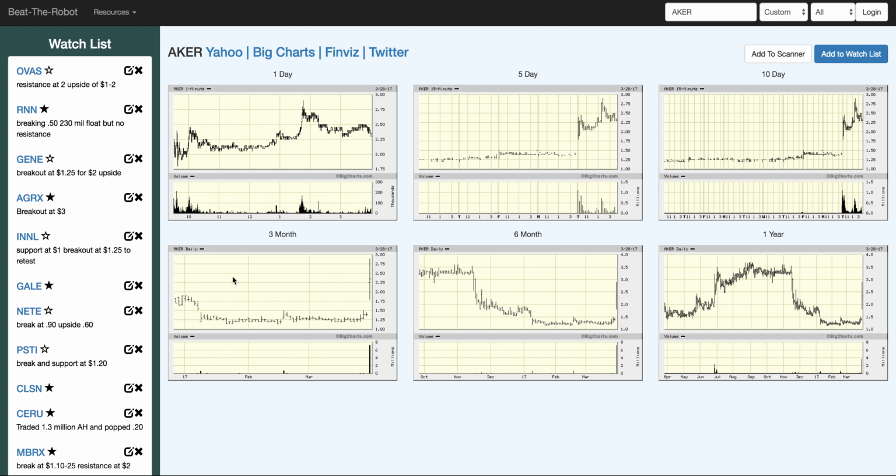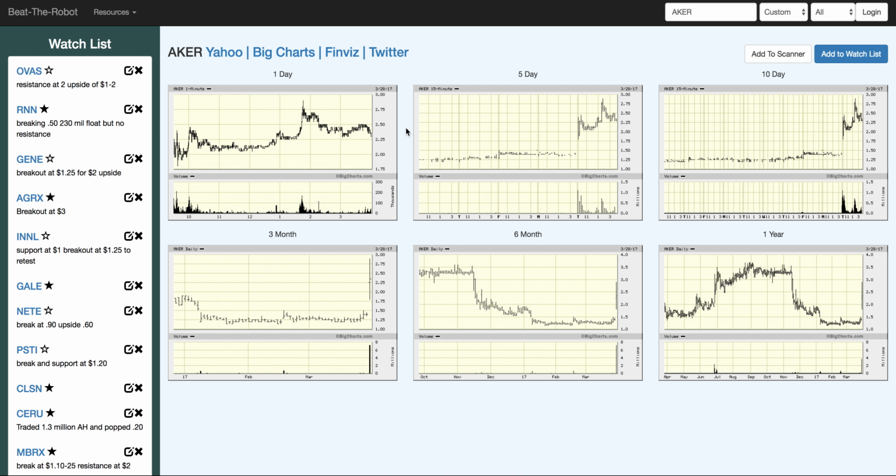I would really have paid attention to this 3 month chart in tandem with the 10-day chart. Why? Because it's hovering at 150, right? We're looking at it to break 150 because on the 3 month chart it's tapping on 150. On the 6 month chart it's tapping on 150. On the 1 year it's tapping on 150. As an average, it's tapping on 150. So what am I looking to get out of the trade? Okay,